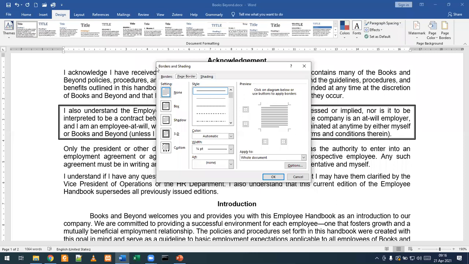So when you open up this dialog box launcher, we have this tab which is currently active. You have your settings that you can apply, different styles, colors, widths, and arts. You also have a preview here to your right. But what you should take note of is this section: where are you applying this border to? So this one is applying it at the whole document level, or a section, the first page, or certain sections